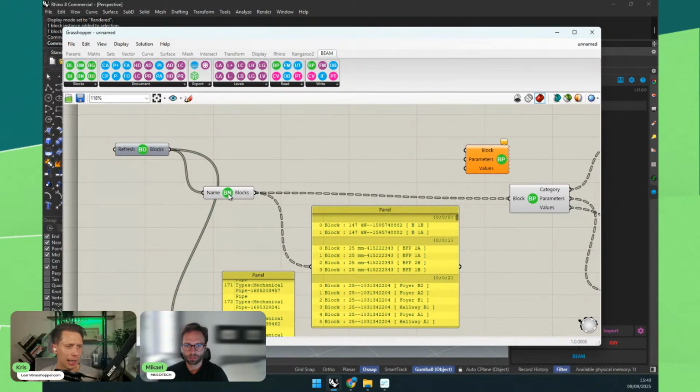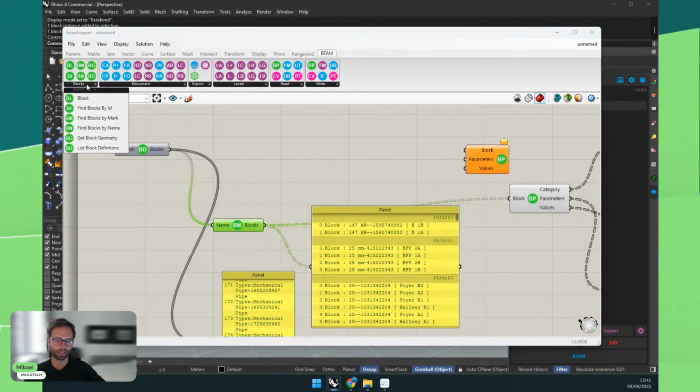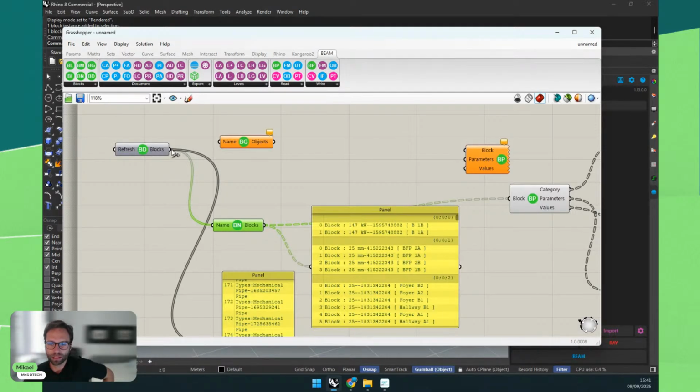So like a BRAP, how to get a BRAP or surface? The new Grasshopper might have nodes, but until we wait for those, we have also some. We don't have editing capabilities for blocks added here yet. You might find other packages that do that. But if you want to get the geometry, the definition geometry, not the instance geometry, you can have it here.